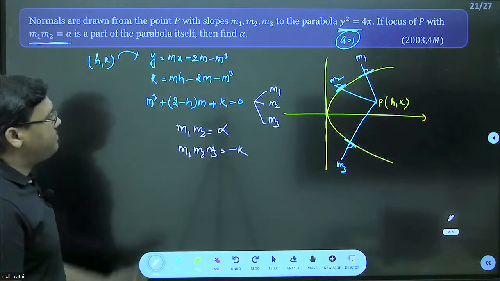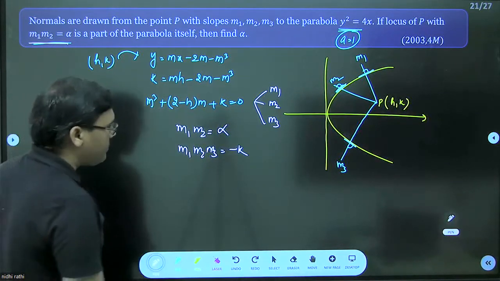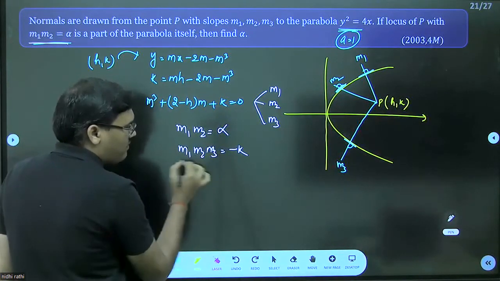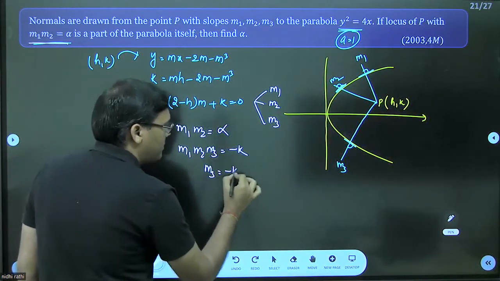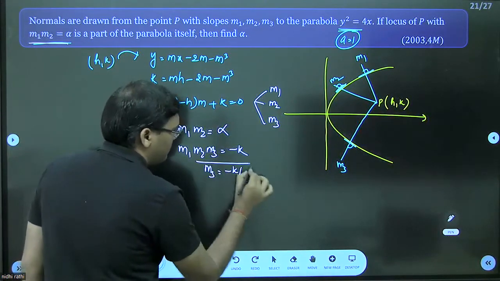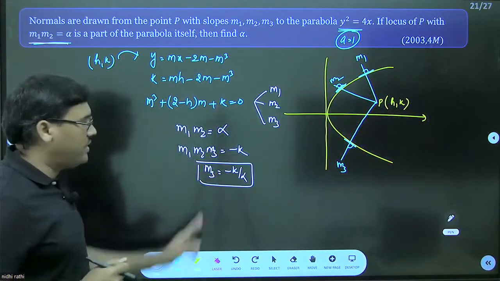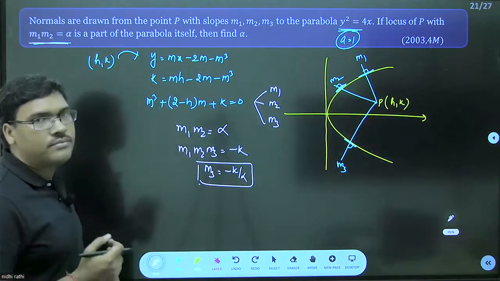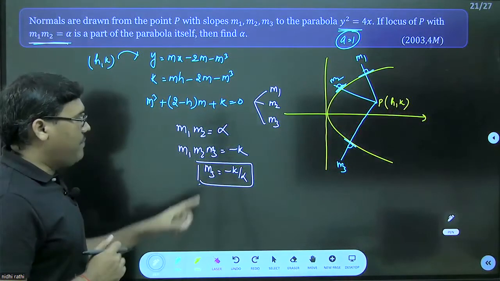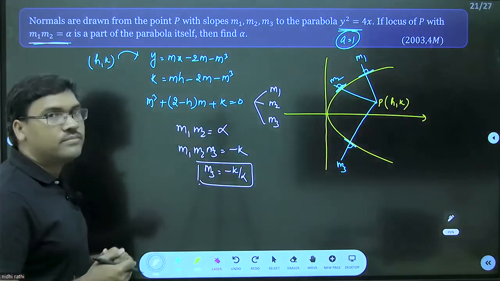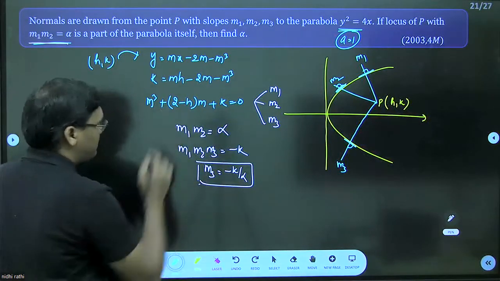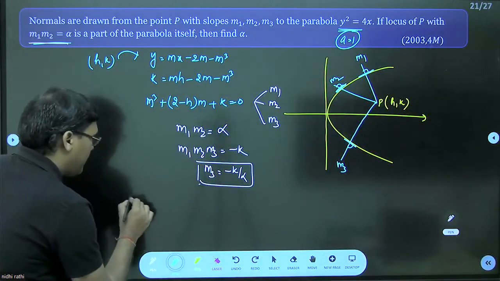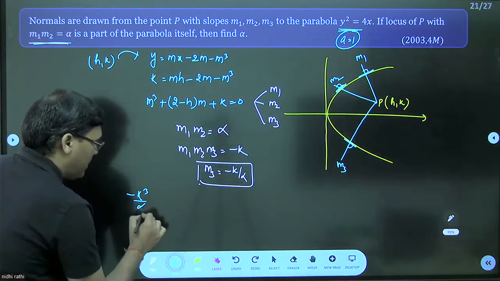एक बार check कर लीजिए, right? Now you can clearly see m1, m2 का value is alpha. So what is m3? M3 will be equal to minus k by alpha. M3 is minus k by alpha, correct? M3 is the root of this equation, तो इसको satisfy करना चाहिए. So this is, if I substitute this, this is minus k cube by alpha cube